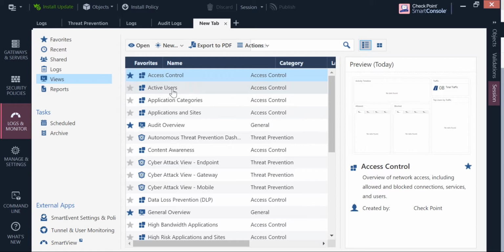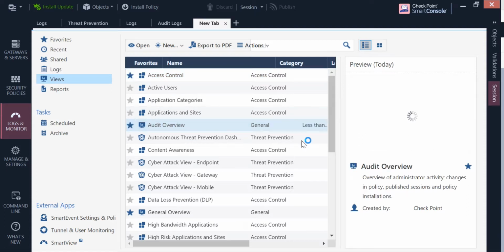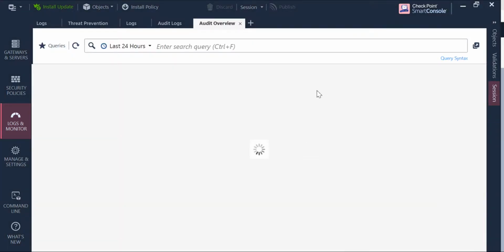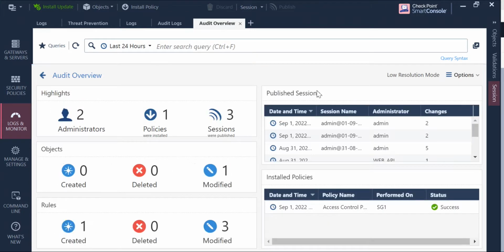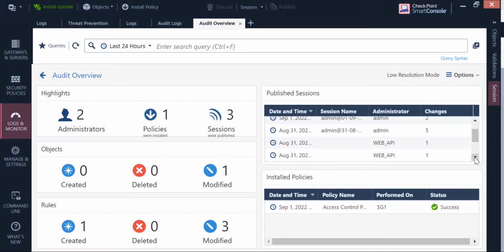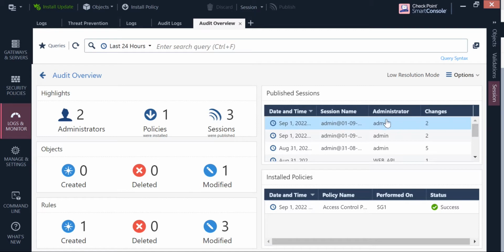Active users, access controls, application categories, audit overview. So it's basically saying about the session changes. If I talk about today's changes, I can see two changes,